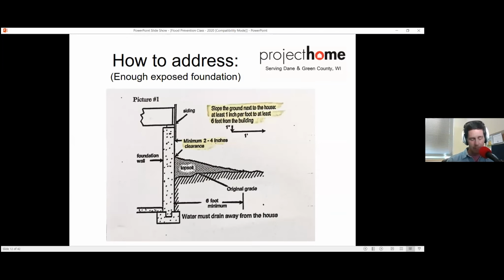Here's a good graphic from the home inspector I mentioned earlier. His name is Don Robbins, and I'll show you a photo of him too. But this just points out a couple of key things. So you see in this graphic, you have the original grade sloping back to the foundation. You can see that topsoil was added to get the good slope away that you want. It's extended out 6 feet from the foundation, that slope,